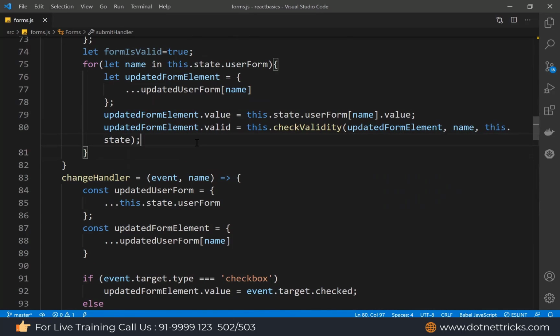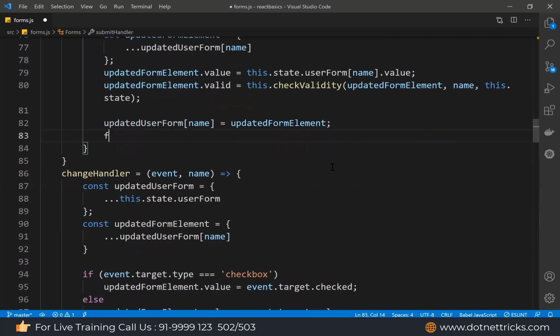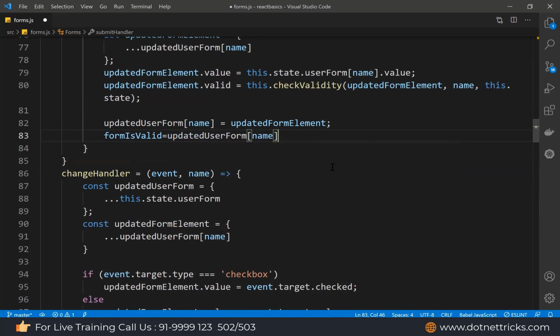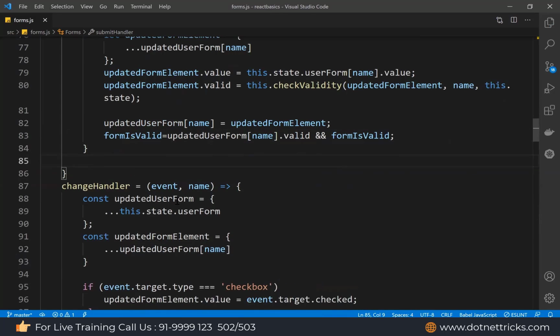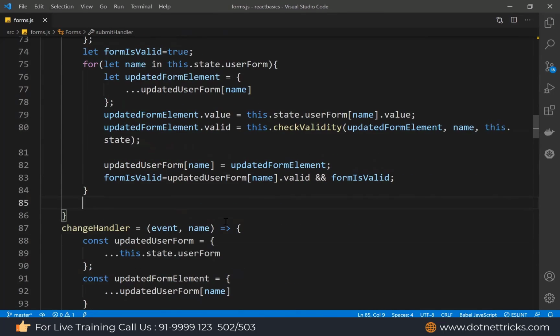And finally, let me update the things as we updated over there. Name. Now formIsValid equal to updatedUserForm. Then what elements we have over there? If it is valid and formIsValid, this value we are just checking over there. It keeps running for each control and will let us know what is happening.